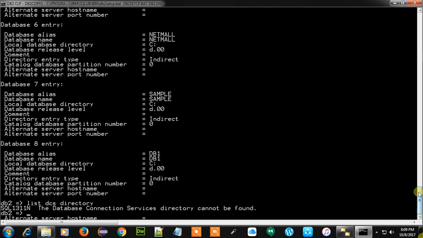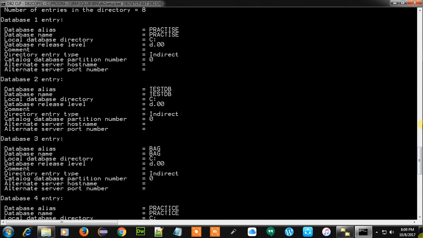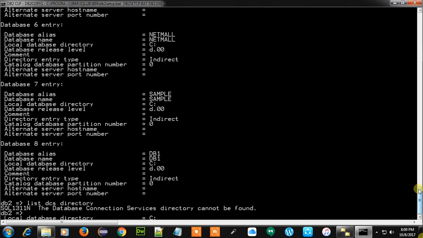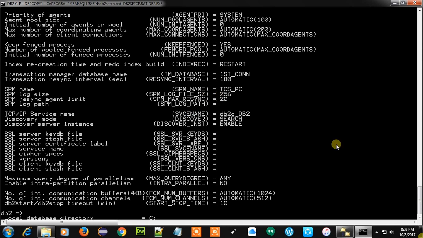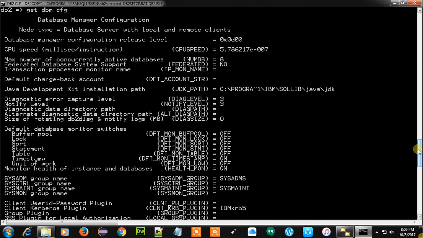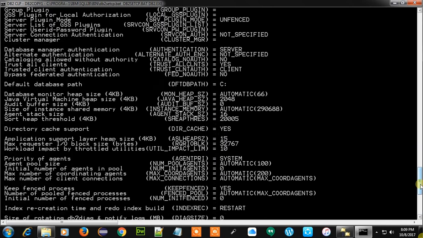Alright, so our next query will be to update the database manager configurations. As I've shown you the database manager configuration, let me type again get dbm cfg. So here you get the database manager configurations. If you want to update these configurations, then you have to write